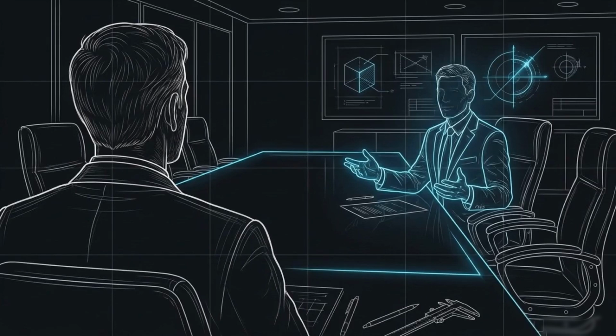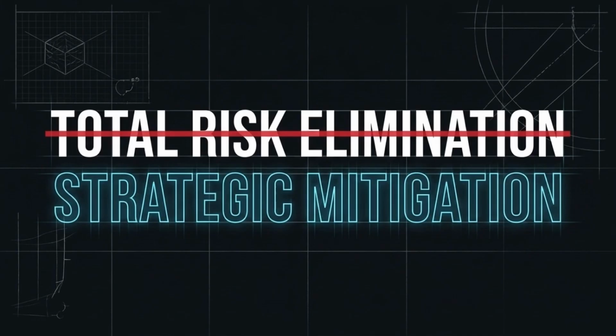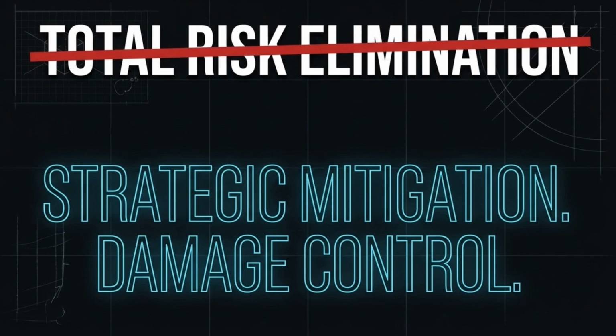Can a software project ever be engineered to be completely risk-free? The answer is mathematically and practically no. Every software project involves uncertainty. The true objective of the discipline is not elimination. The goal is to minimize the probability of an event occurring and to minimize its impact if it does strike.